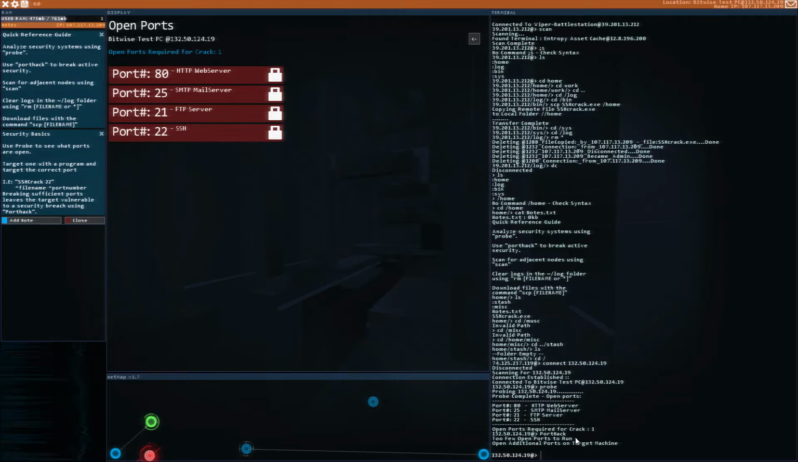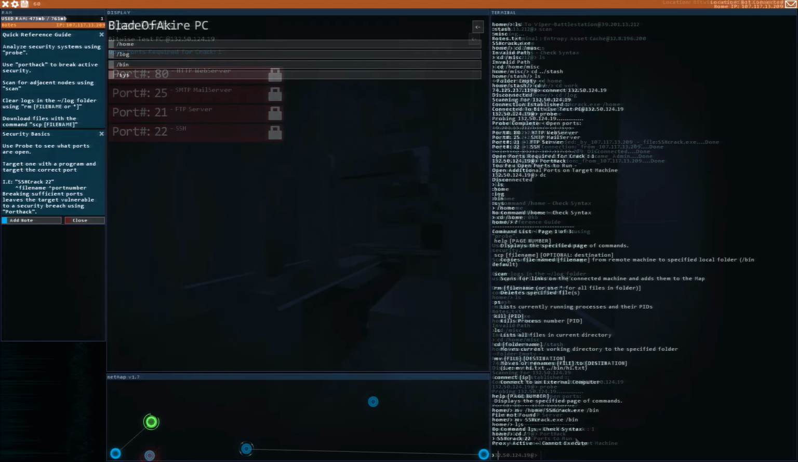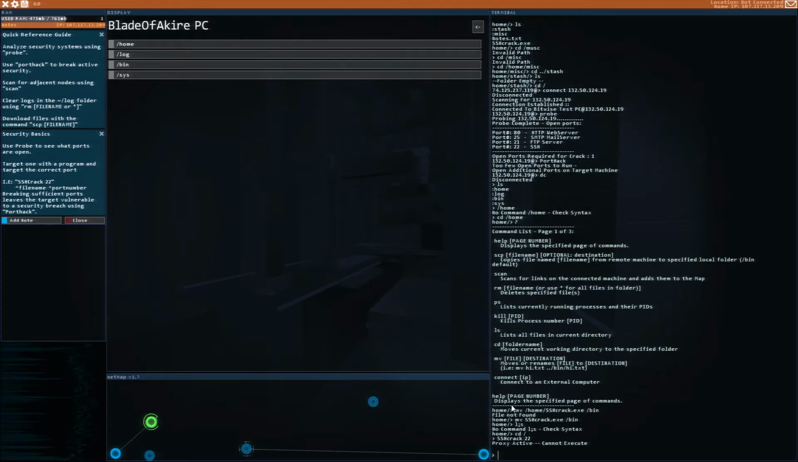Okay, so I need to... What do I need to do then? Do I need to disconnect? I wonder if the fact SSH crack wasn't in my bin directory, I couldn't run it. So let's reconnect back to